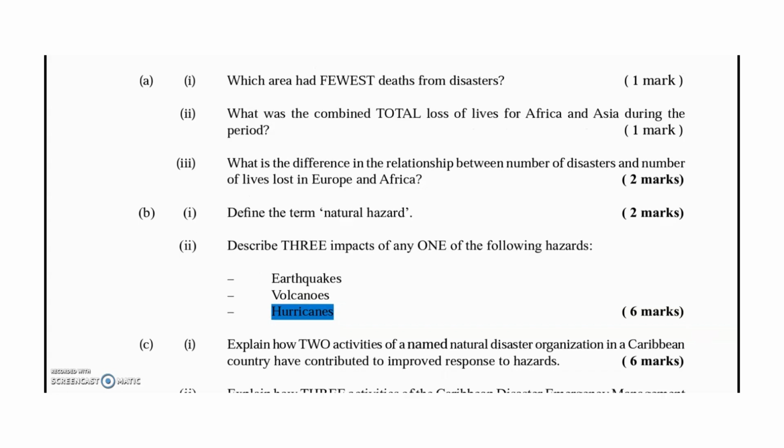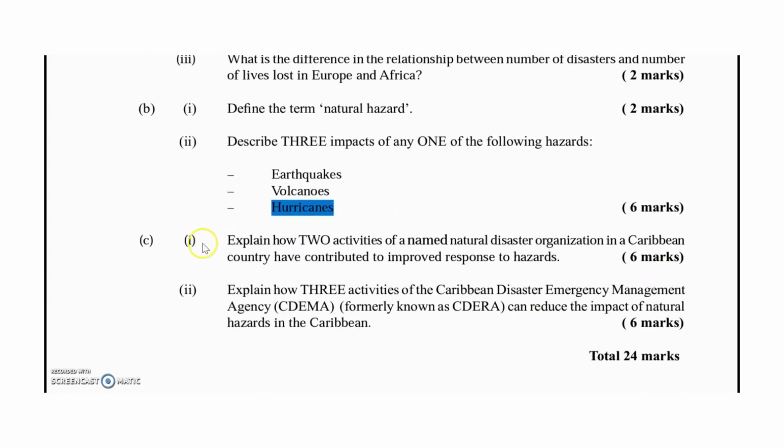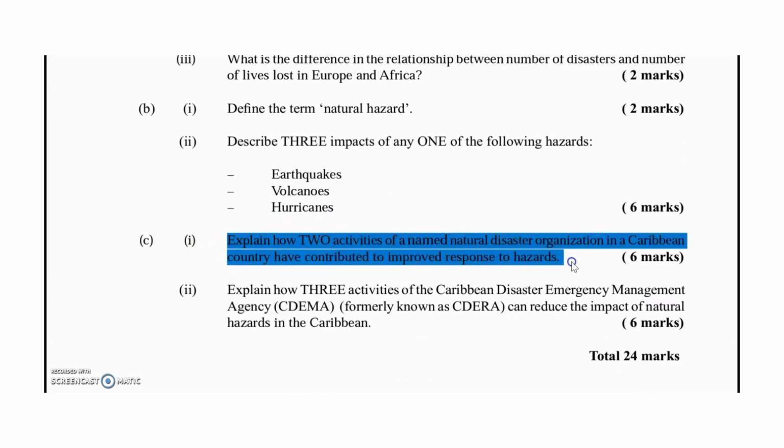Now, part C. Explain how two activities of a named natural disaster organization in a Caribbean country have contributed to improved response to hazards. Now, students, the named Caribbean Natural Disaster Organization is in fact the ODPM, which is the Office of Disaster Preparedness and Management,